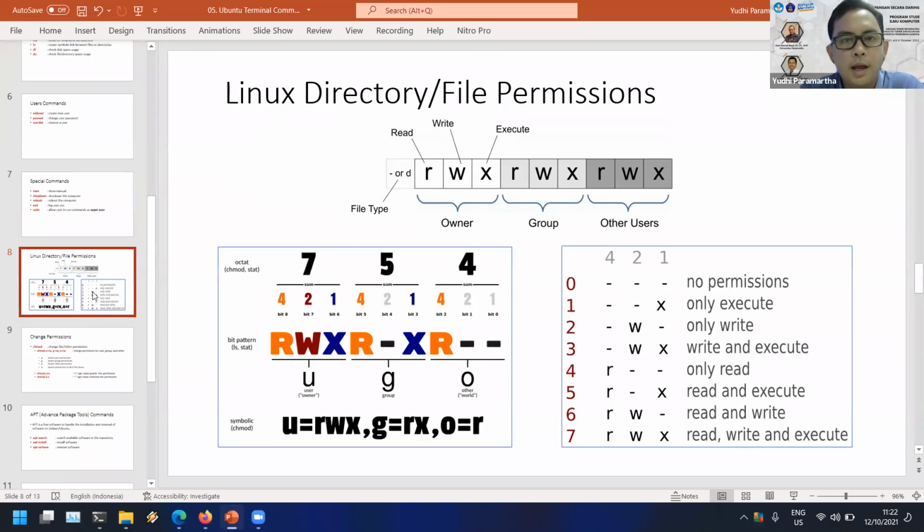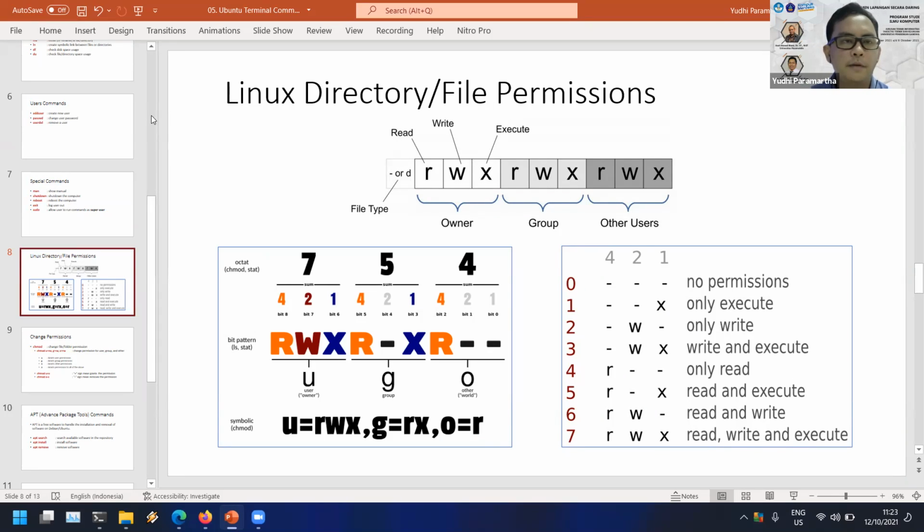Okay, and this is, I think, the most important thing about the Linux operating system, because Linux is usually called the safe or secure operating system, because it has strict file permission or directory permission in its file system. Not like Windows, where the file permission is not that strong.